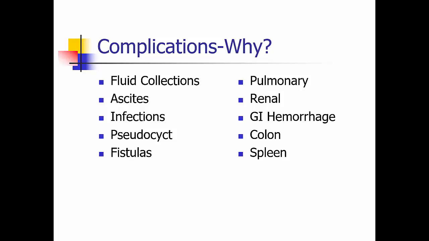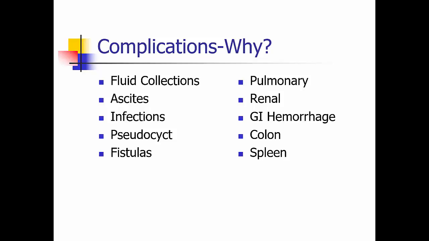You can also get a GI hemorrhage. The stomach and duodenum are frequently involved in pancreatitis because they are in close proximity to the organ, and they can also bleed from erosive gastritis. The more serious bleeds include hemorrhage from an abscess or a pseudocyst that erodes into the vascular structures such as the splenic artery. Now, pancreatic inflammation can spread into the colon and cause perforation, and major complications involving the spleen